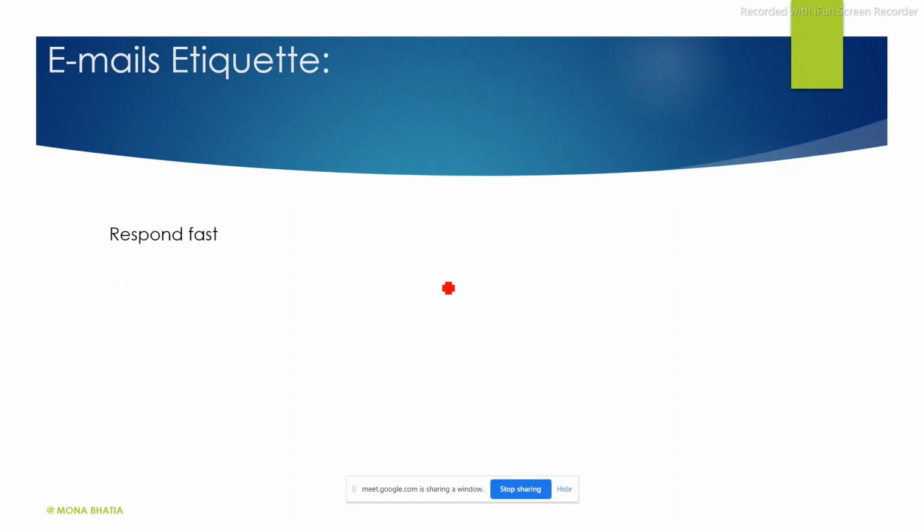First is, whenever you get an email, try to respond as fast as possible. Why? Because it is a nice gesture. If you are in a corporate, other people will know that you are a person who responds to the email. You don't keep it like we'll do it later on, and it is not important. You consider it important, and when you respond, it is also a sign of acknowledgement, because that shows that you are a very responsible person. You have understood the matter, and it gives a professional touch to your persona, right?